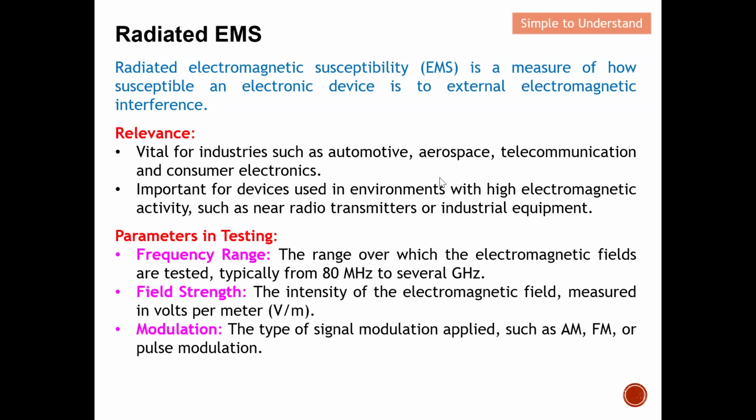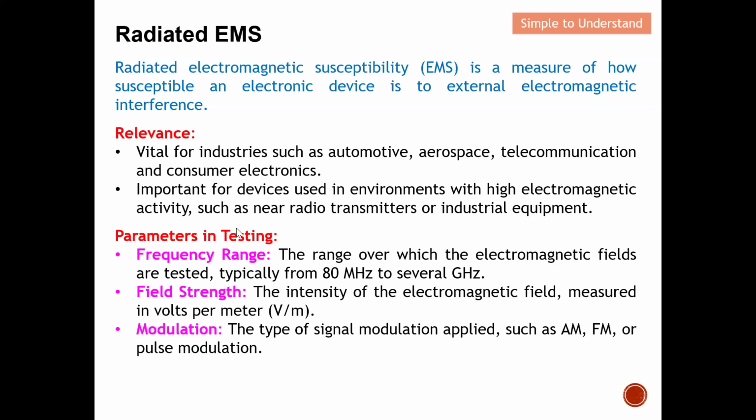Although we are strongly discouraged from using our mobile phone, at the end of the day we may not be able to prevent everybody from using, for example, a satellite mobile phone. This can become a big issue if we don't do this radiated immunity test. So this form of test can ensure that when we are on board the aircraft, any form of EM wave will still keep the flight safe. Basically, this is why we need to do this radiated immunity test.